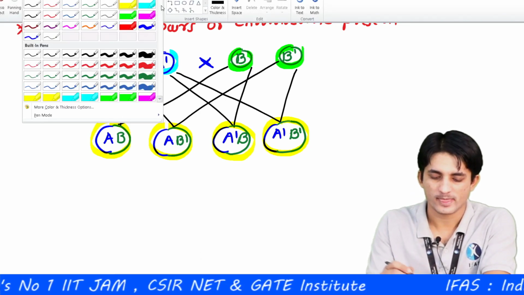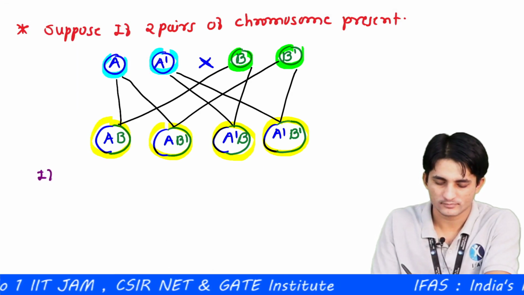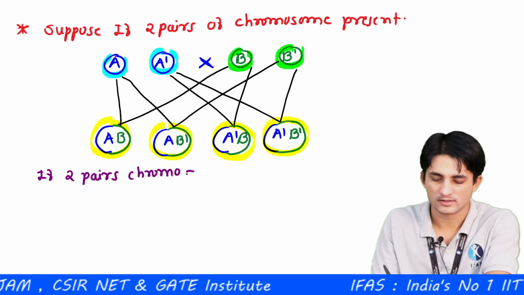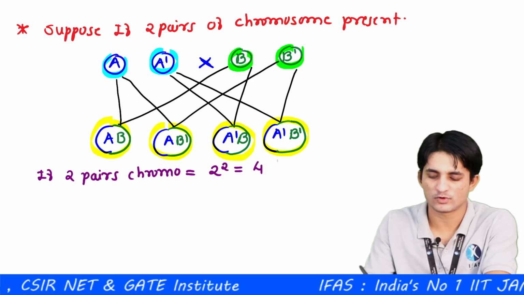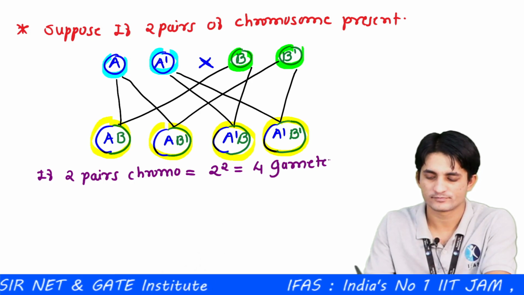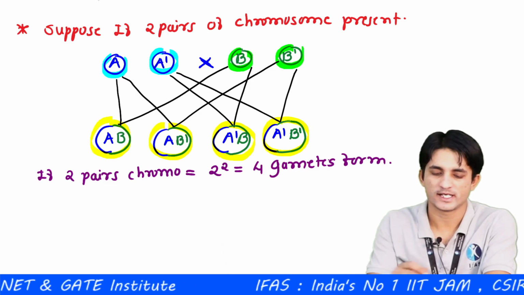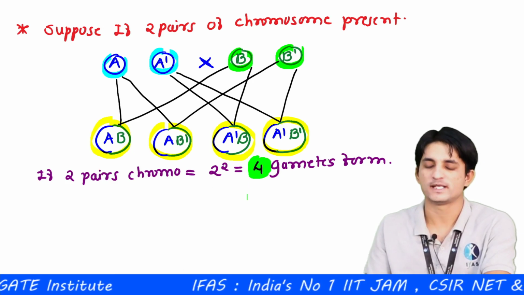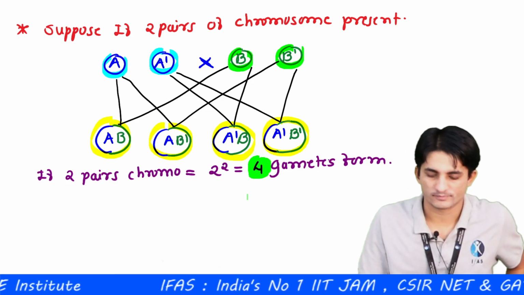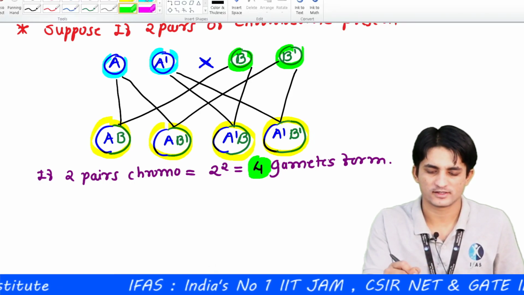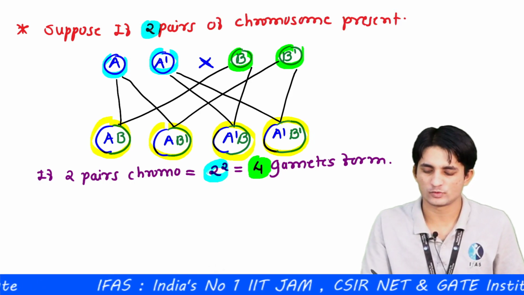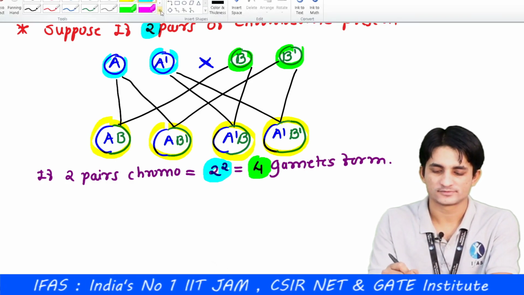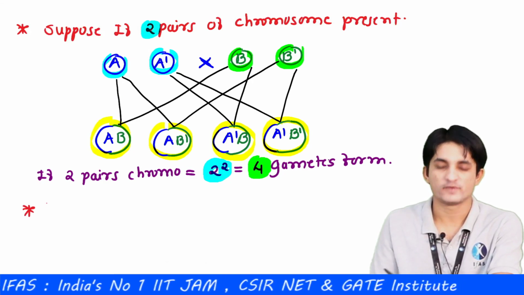So here, if there are two pairs of chromosomes, then 2 raised to 2, that is 4 gametes form. Means there are 4 different types of gametes formed if there are two pairs of chromosomes. Therefore, if two pairs are there, then 2 raised to 2 different types of gametes are formed. Suppose we take